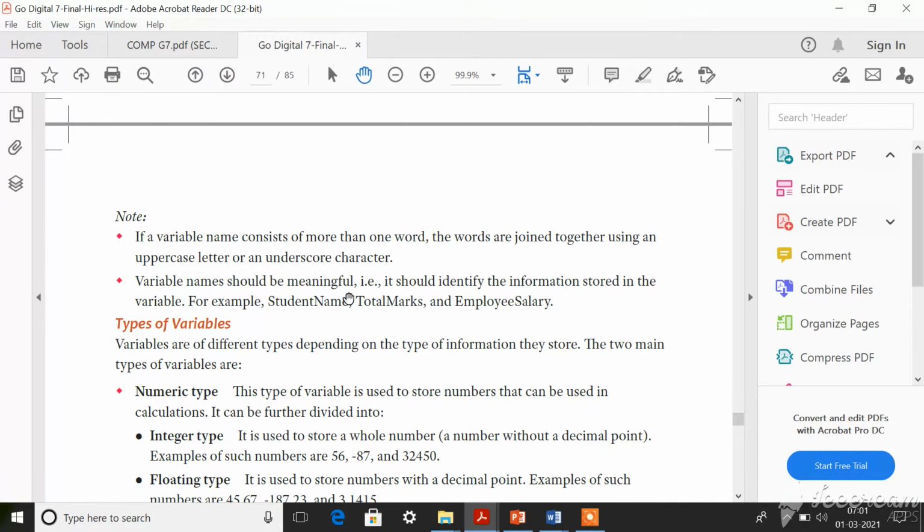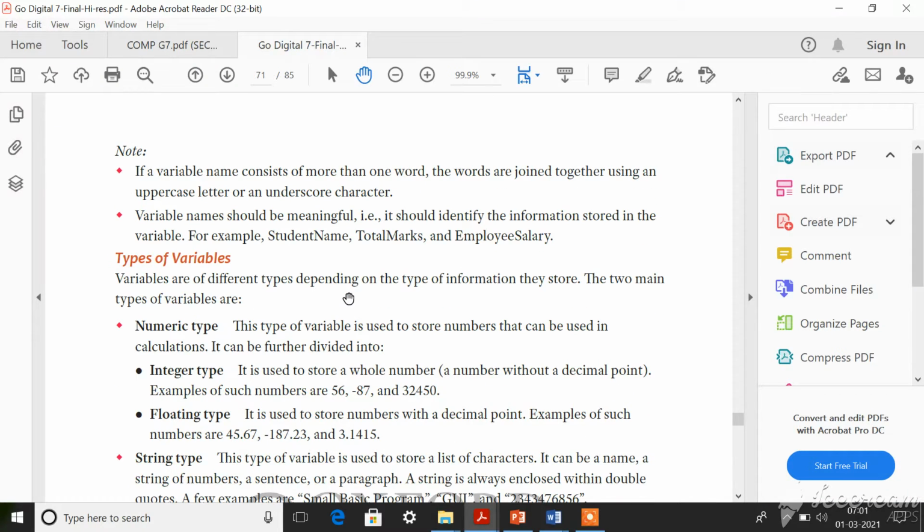Now the next thing is, there are different kinds of variables. When you want to store data, what is the data? Data is a combination of letters and numbers, isn't it? So both alphabets and numbers you call data. Even on this page you can consider all these as data. But when you look deep into it, all these are combinations of numbers and letters. So the type of a variable can be divided into two main types: one is numeric type, another one is string type.